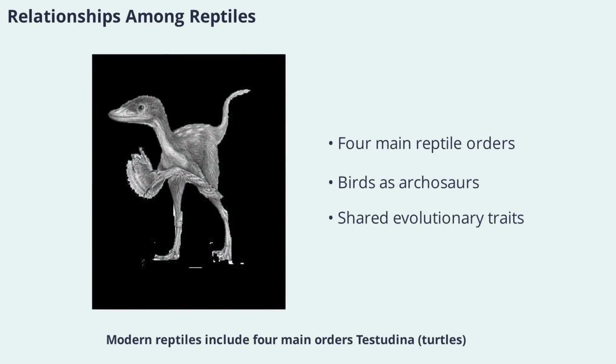Modern reptiles include four main orders: Testudines (turtles), Crocodilia (crocodiles), Rhynchocephalia (tuataras), and Squamata (lizards and snakes). Birds, though not reptiles in the traditional sense, share a close evolutionary relationship with crocodiles and are often grouped together as archosaurs. This connection is supported by fossil evidence and shared anatomical features, highlighting the deep evolutionary ties among these